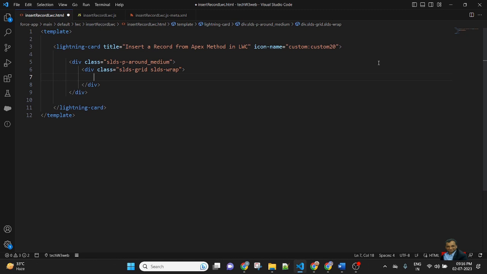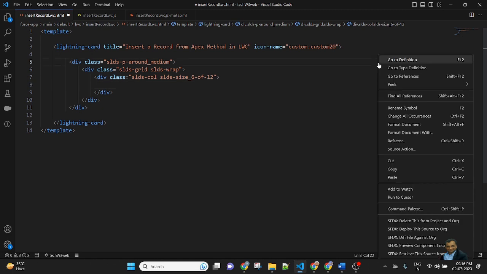Inside the wrap, I will create another div with class slds-col slds-size_6-of-12.